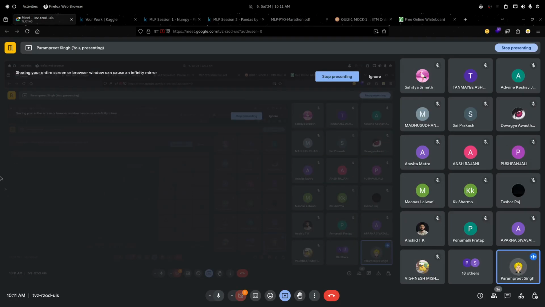Let me give a simple example of it. Let's suppose we have a names column in our training data, and we have names like Aman, Arun, something like this, and in the test data we have a name called, let's say, Karan, which is not present in the names in our training data. So if we do the one hot encoding here, it will work. Now if we transform it using one hot encoding, this will give us the error. So how to handle it?